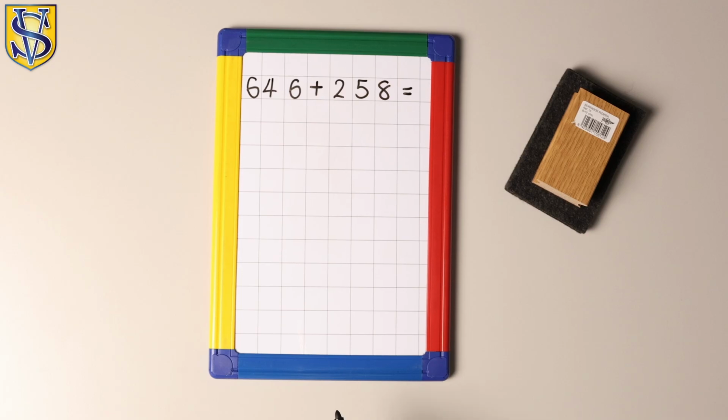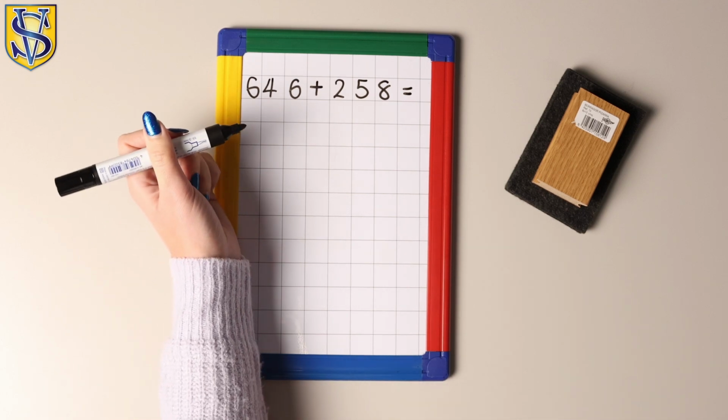This is adding using column addition. For this method, we are going to be adding with column addition, but this time some carrying will occur. So as in the previous video, it's going to be laid out exactly the same way. You can either have the hundreds, tens and ones at the top, or in this case, I'm going to miss that out because it's easier to see my carrying. So I'm going to make sure it's all aligned.